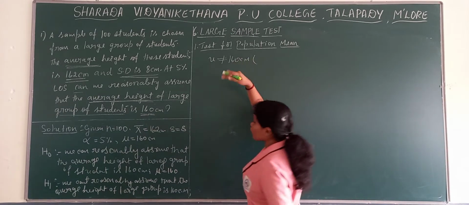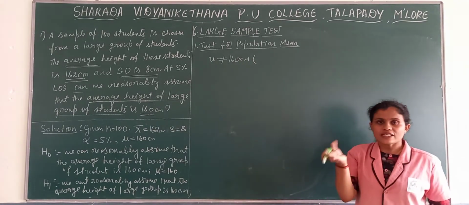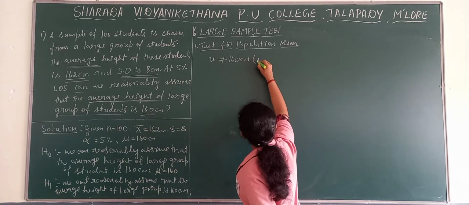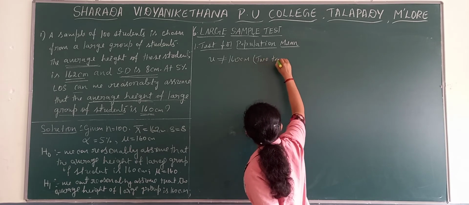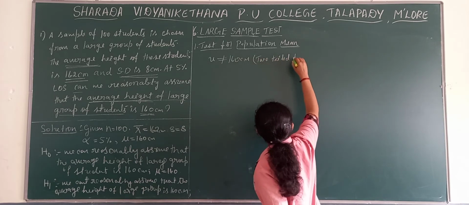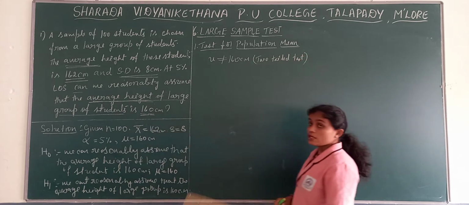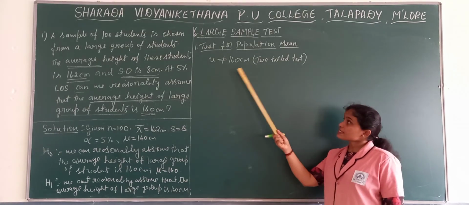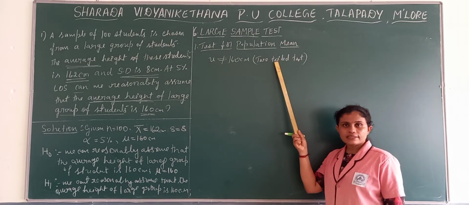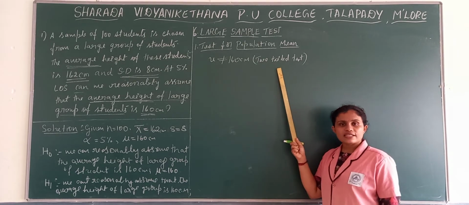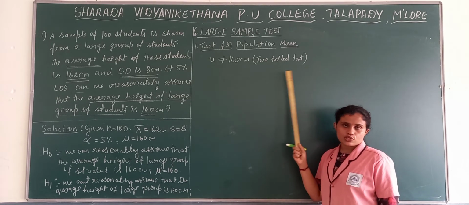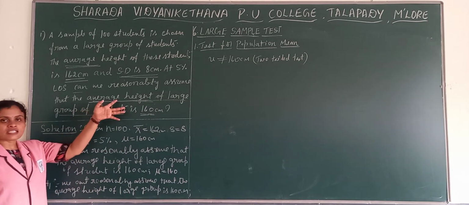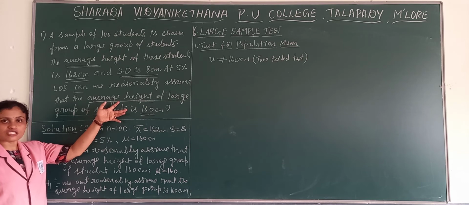Since less than or more than is not there in the problem, we need to take this format. So it is a two-tailed test. When can we say one tail? If it is less than, then it is the left tail. If it is more than, then it is the right tail. Here it is not equal, so it is two-tailed. Why do we need to frame it that way? Because it's a simple problem, and less than or more than is not given.